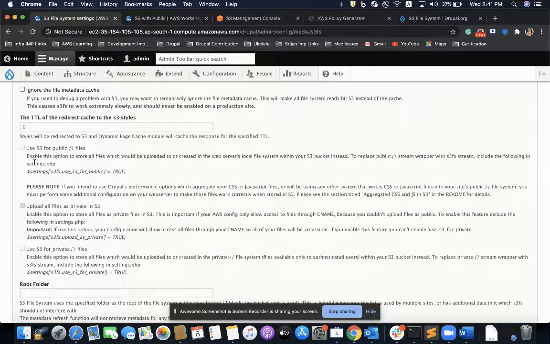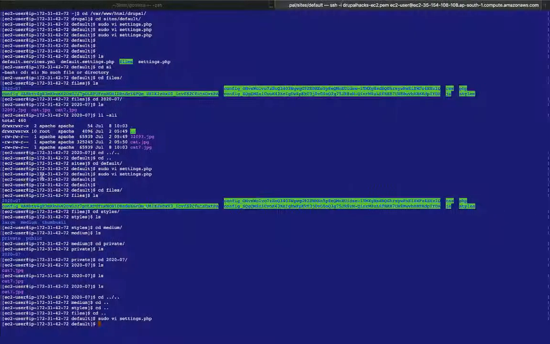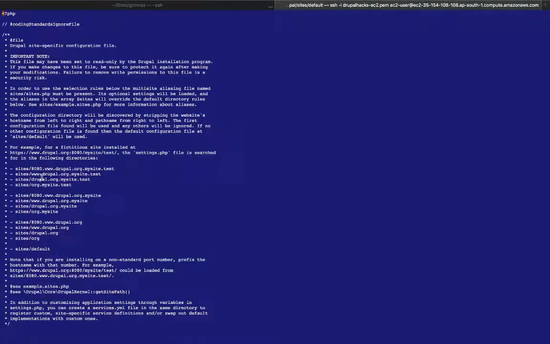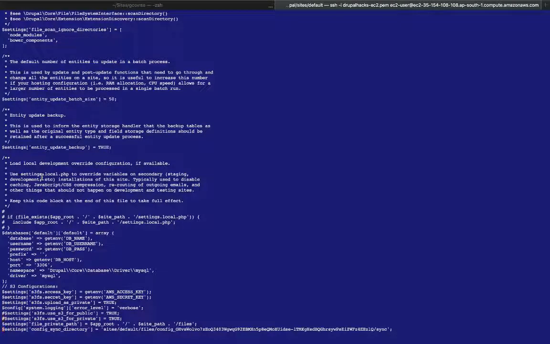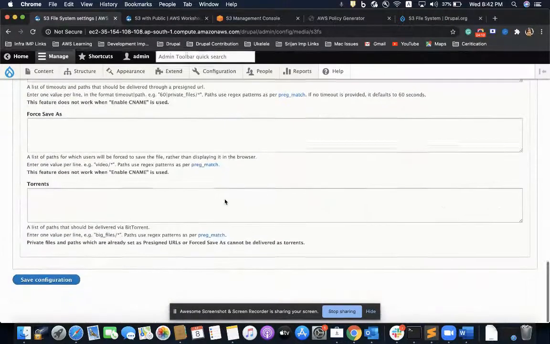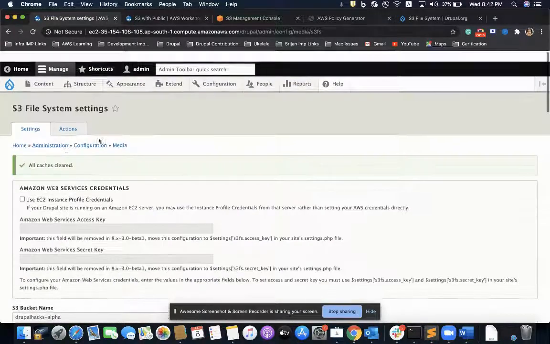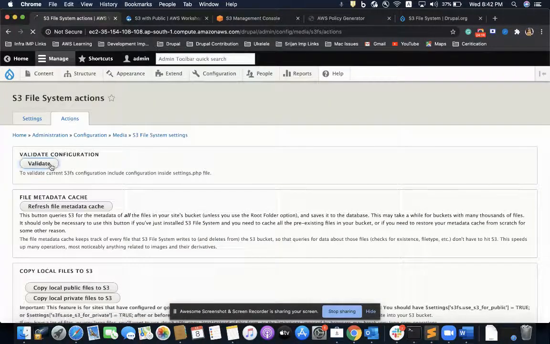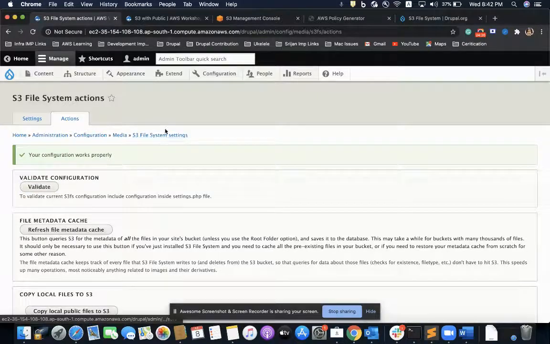I have to enable this as well, use for public. So I'll go and clear the cache. I'll go here, validate, and my configuration works properly.